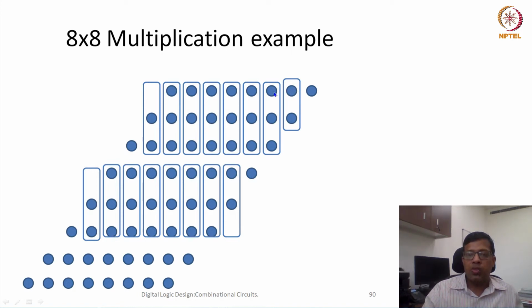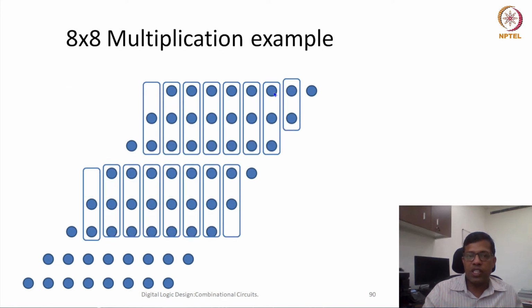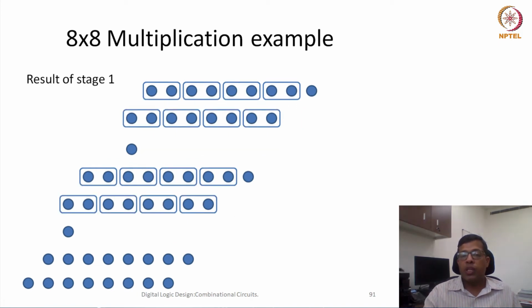So if we look at the result of this first stage, let's call it a stage, in the first stage we have grouped these many groups, and the result of each group would be in this stage. For example, there were 2 dots here. Now this is the sum, and this carry would be in the next group. Similarly for all others. There were 3 bits here, and these 3 bits converted into 2 bits. This is the result of stage 1, where we are able to eliminate these dots.